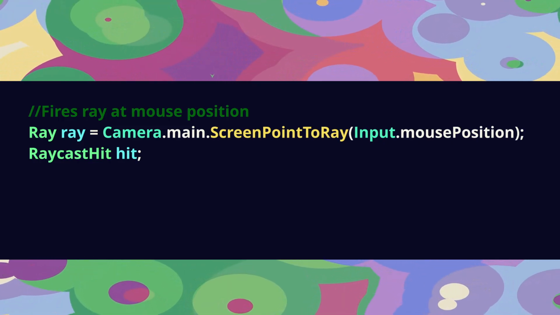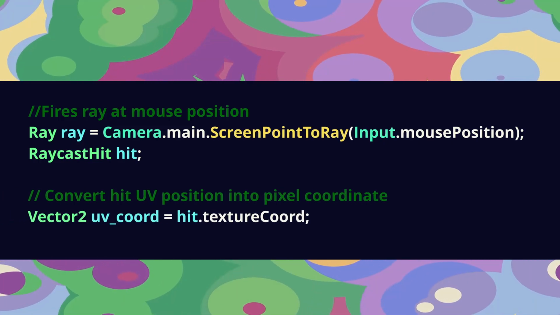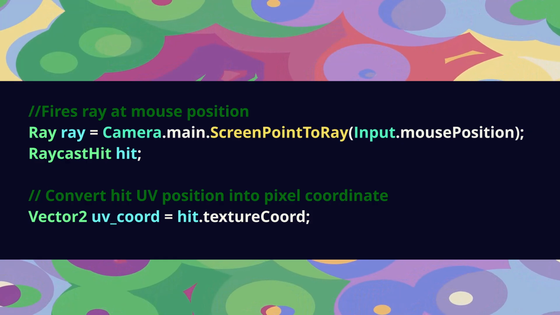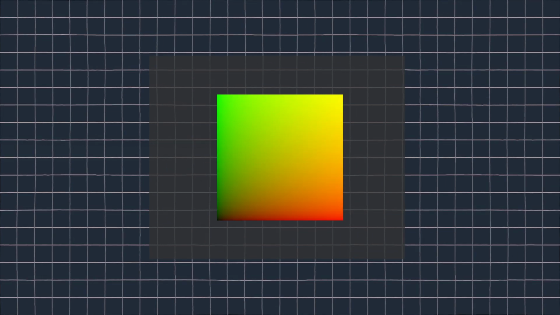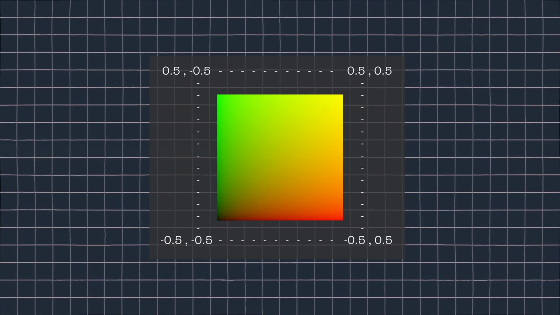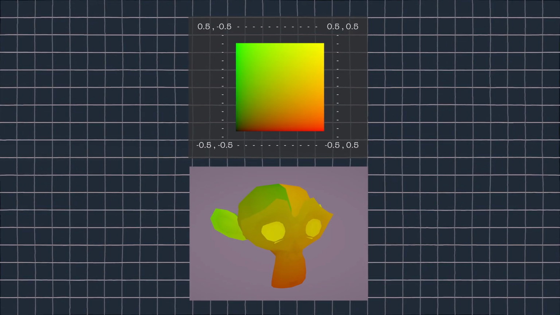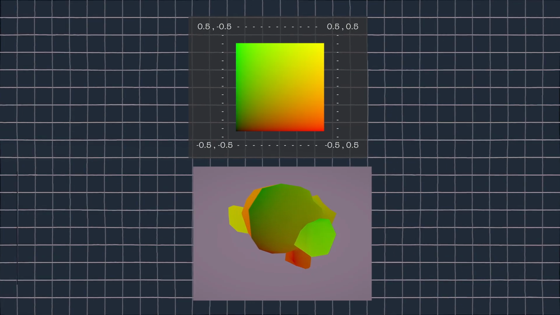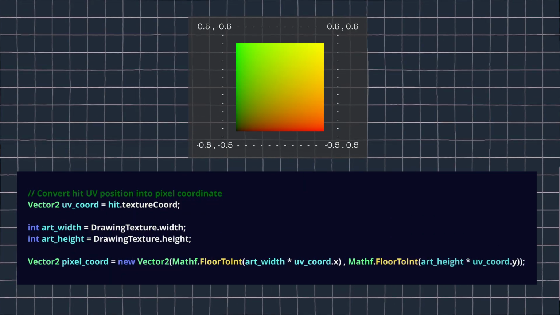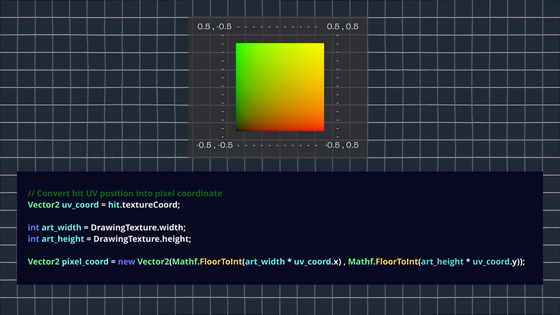Rays in Unity will store the hit information of the texture as a texture coordinate, which is a coordinate represented on the object's UV map. Texture coords return a -0.5 to 0.5 vector2 value. This is based on how a standard texture UV maps onto a given object. We can then translate that into an exact pixel position by multiplying the texture coordinate by the width and height